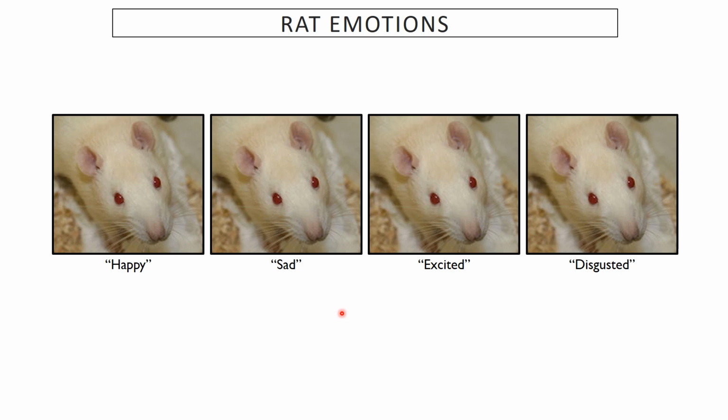So, of course, when we talk about emotion, we're talking about things that are obviously very relevant to the human experience, as opposed to other behaviors that humans definitely have and show, and we can find easy correlates in animal models. When we talk about rodent animal models for emotions, it becomes a little harder. I mean, this is what a rat looks like when he's happy or sad, excited, disgusted. Point is, how do you know? You can't really tell a whole lot about the overall emotional state of a rat by just looking at its